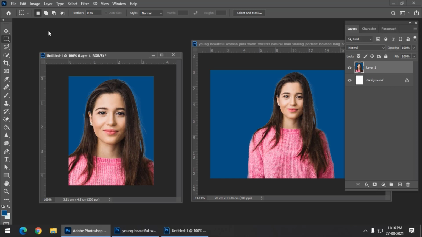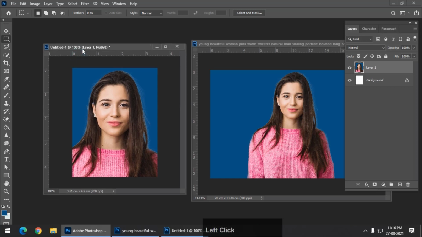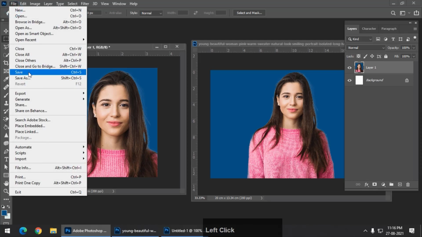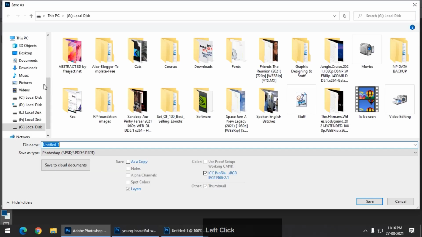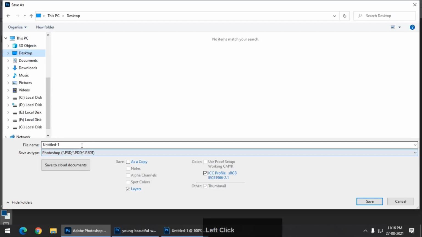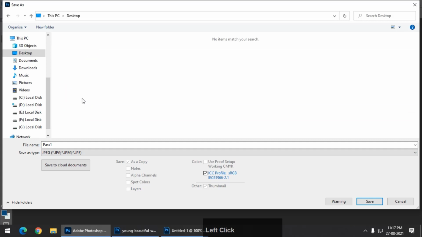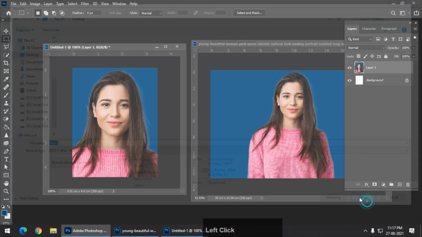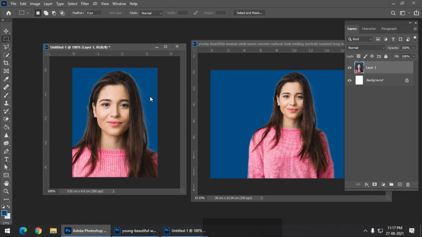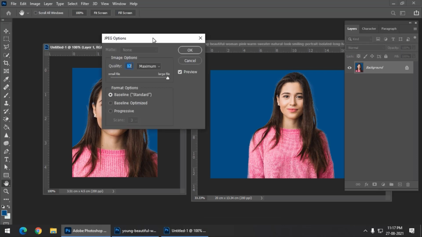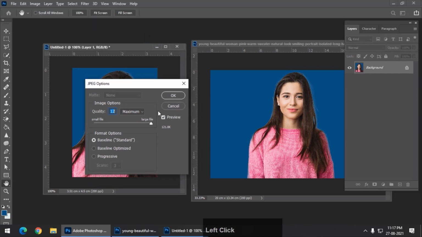Now if you want to use it for uploading, you can simply go to File and Save As. I will save it on desktop. I will name it, let's say, pass1, and keep it to JPEG format. Make sure that you are saving it within the size that is required for uploading.